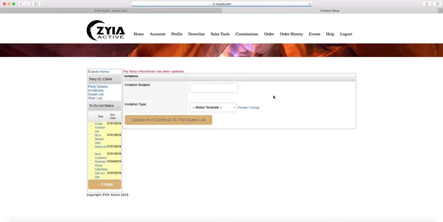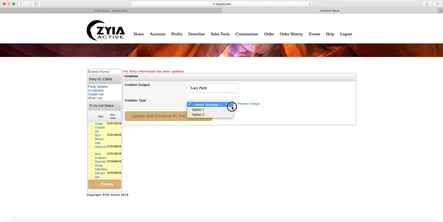Click update and continue. Now this next page that it brings you to, you will see that you are going to have an option to be able to create, sorry, my internet is really slow right now, but you're going to be able to create an invitation if you want to. This is entirely up to you if you want to do this. By doing this, it will send out an invitation to specific people that you want it to send it out to. So we can do Lacey Party, and you have two options for the invitation, option 1 and option 2,